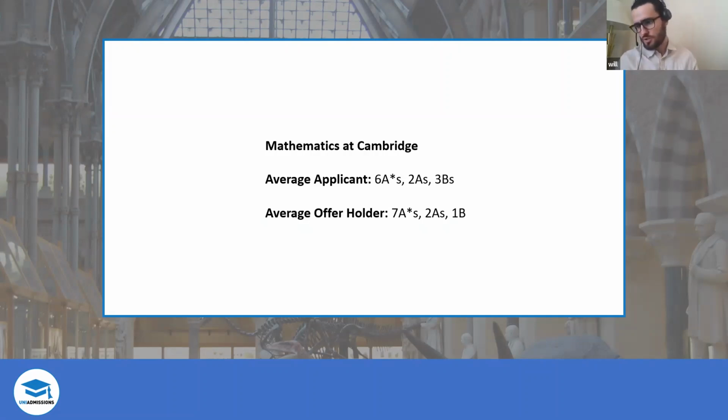One thing as well is to bear in mind that they will be taking your GCSEs into account in terms of the other performance of students at your school. So let's say for maths at Cambridge, if you were at the average applicant level, but that was way above how everyone else performed at your school, that would put you in a pretty good position. Equally, if you had 8 A-stars, but that was actually one of the lowest performances of your school, they will know that, and that will be taken into account. So in that circumstance, you still need to be putting in a good admissions test shift.